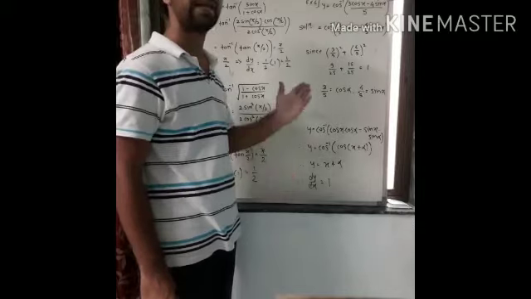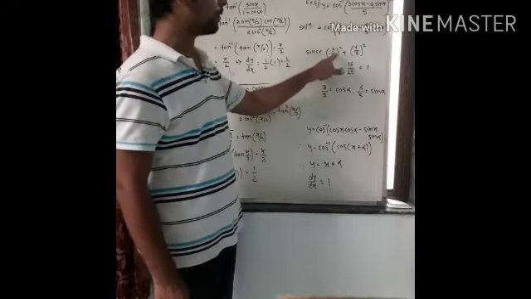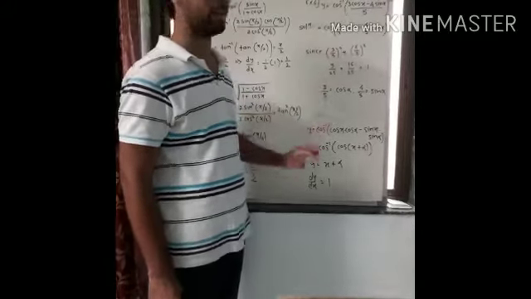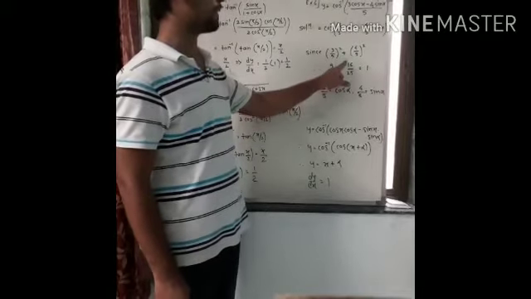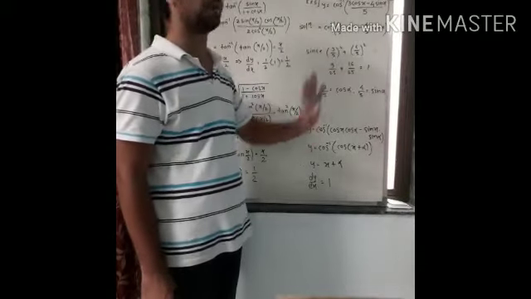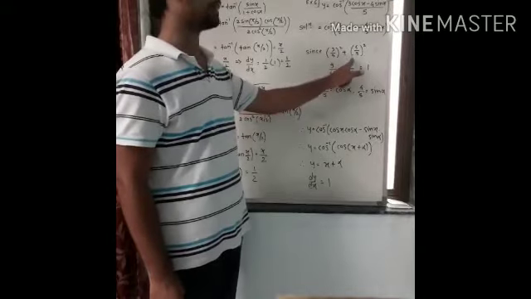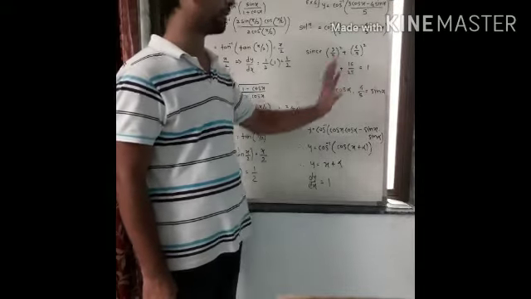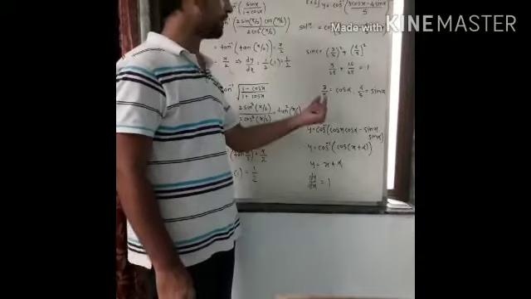them, squaring and adding, so (3/5)² plus (4/5)², that is 9 by 25 plus 16 by 25 is equal to 1, because 9 plus 16 is 25. 25 by 25 becomes 1. So what we assume here,